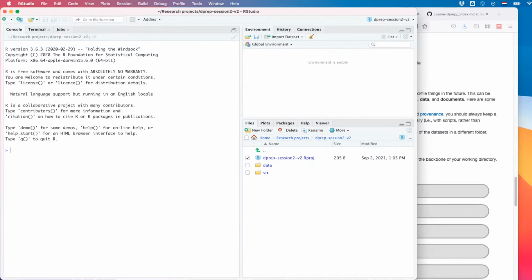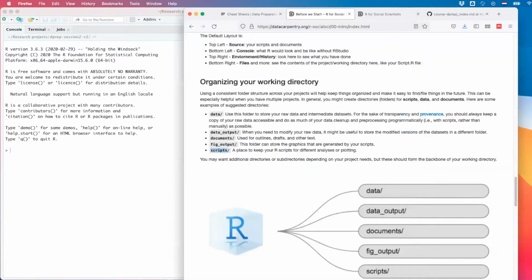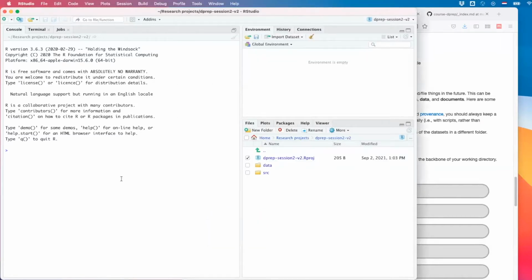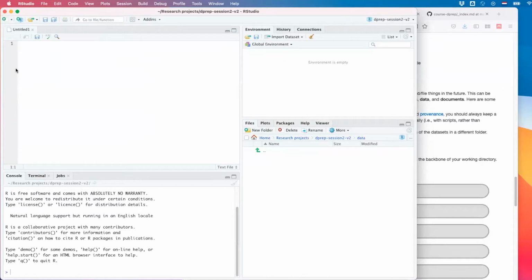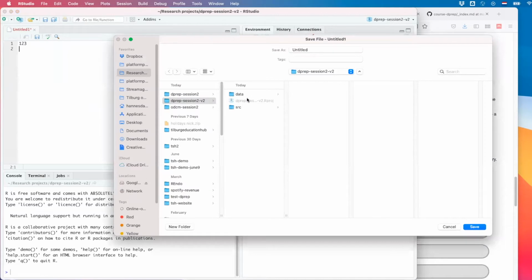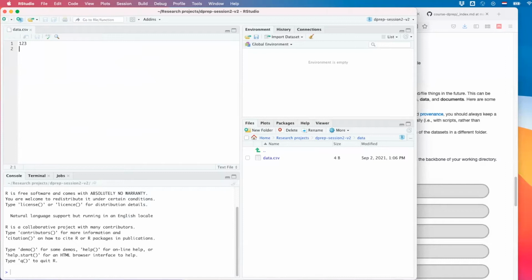Anyways, let me continue. So I'll bring back the screen. We walked through the directory setup. Something that may be weird to you guys is the working directories. So let me create some fake data. I'll open a new text file, and I just do 1, 2, 3 in here, and I'll save it in data.csv.